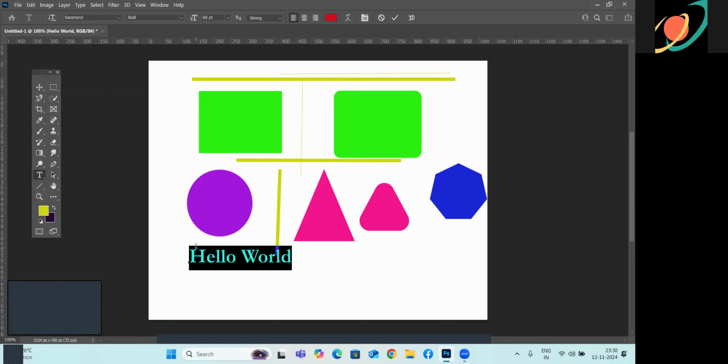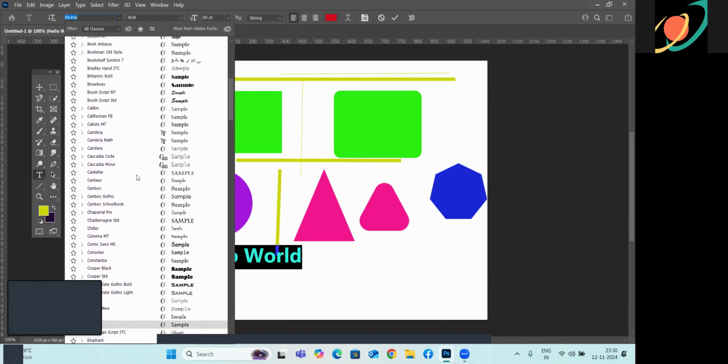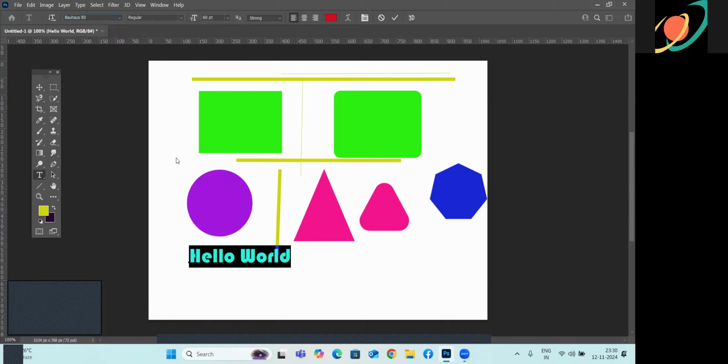Now if I want to change it, I'll select the text here, go here, and then I can change whatever font I want. Suppose I want this font, so it will change to that font. And if you want to check which font to apply, you can just click on this